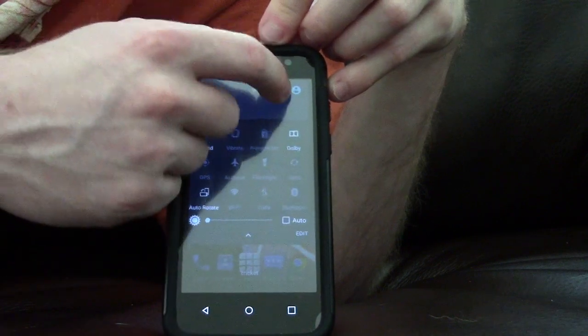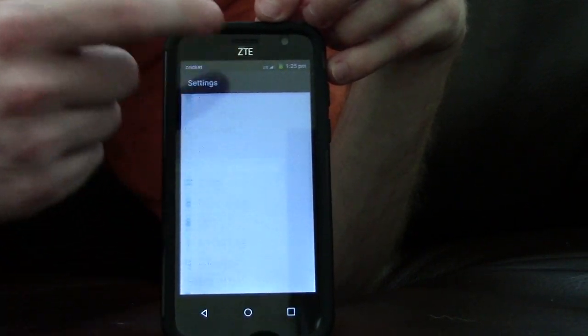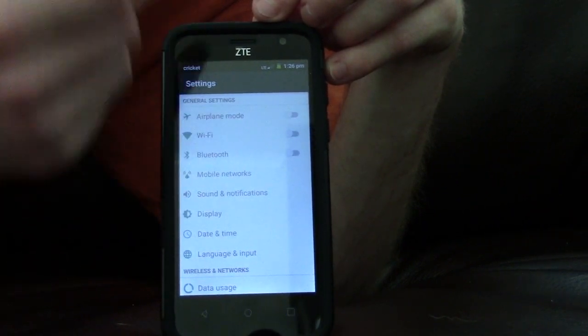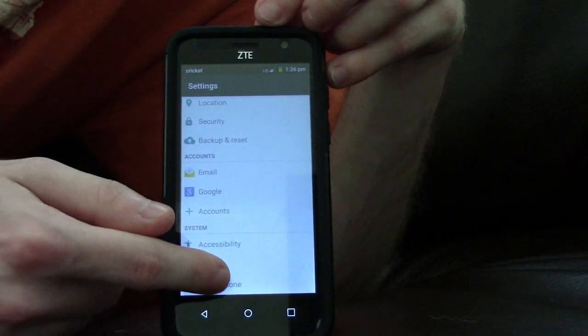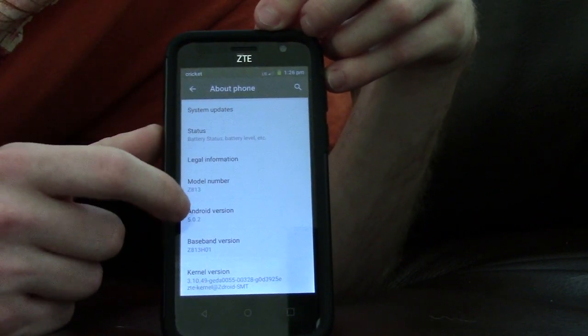Press that again. There you go. There's your options. And now the Easter egg I want to show you is, go ahead down to your options. Of course, you know your basic options, your Wi-Fi settings, your Bluetooth, your phone settings, sound settings, all that good shebang. Right here on About Phone, right here on the Android version, Android